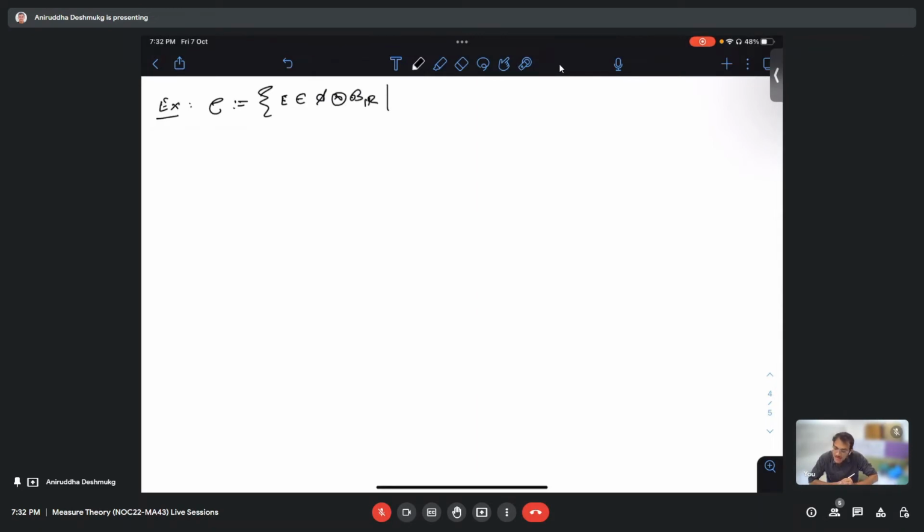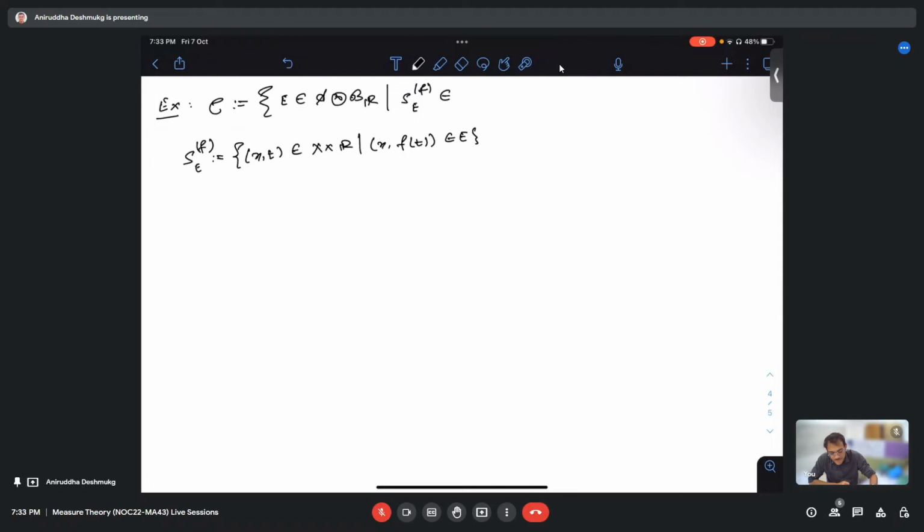sigma algebra, such that, if we decide that SE is going to be all the pairs xt such that xt belongs in X cross R, such that X and the polynomial function ft belong in E. Exactly. But then this depends on F as well. So let us write it S of E F. So the collection C is all those sets of A cross B such that S of E F is inside